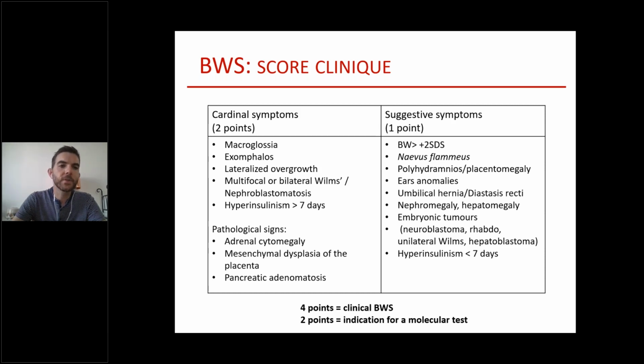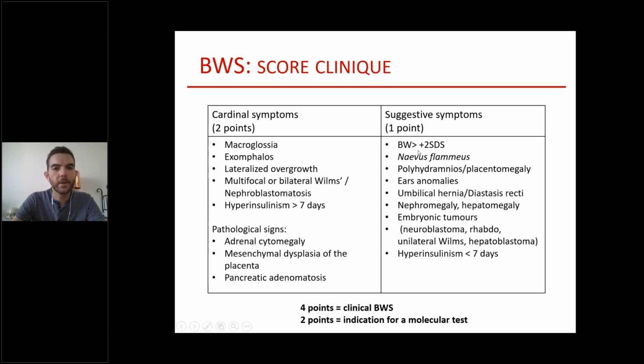Each of these symptoms scores 2 points. Aside from these cardinal symptoms, we define some suggestive symptoms because those symptoms are less frequent or less specific. And for example, in this category, we